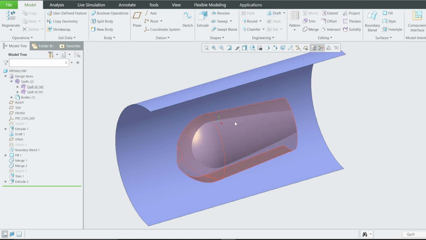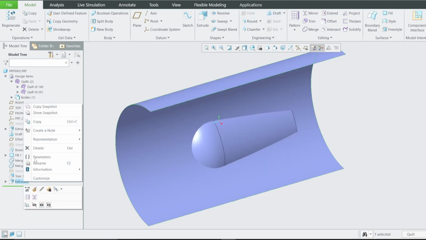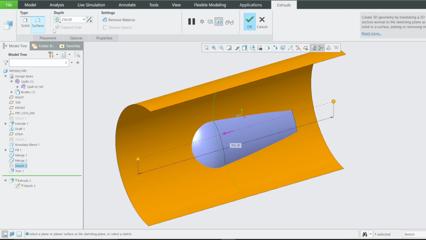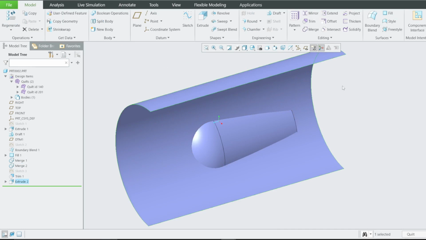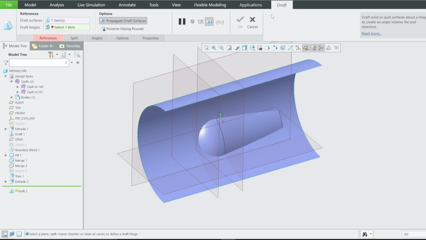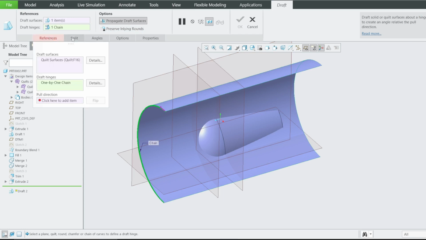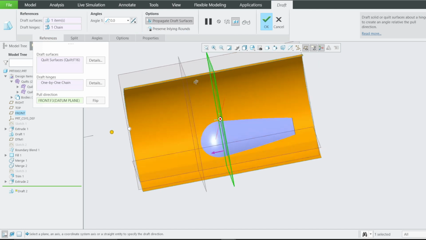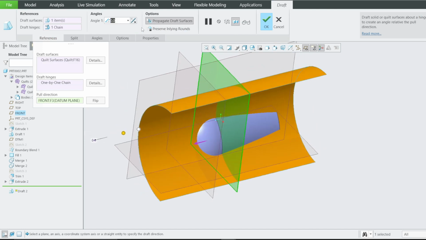Then we need a draft on this surface body. If I go back to the extrude, I don't know whether we can draft here. You cannot. Therefore, I'm going to activate my planes, draft. This is the component I want to draft, and these are the edges. The pull direction is this direction here, then the value of the draft is 5,